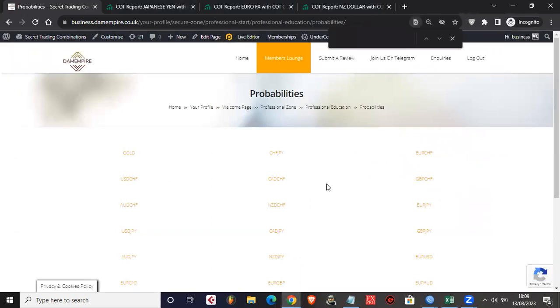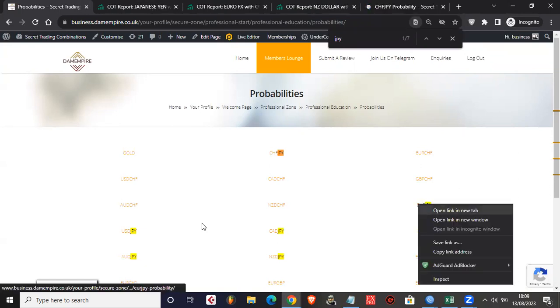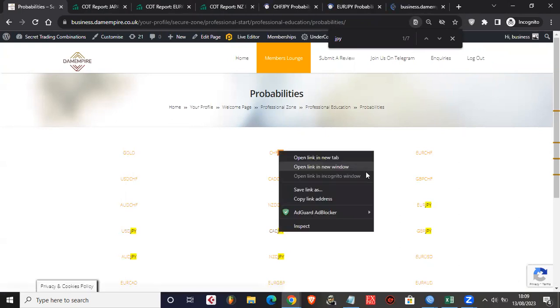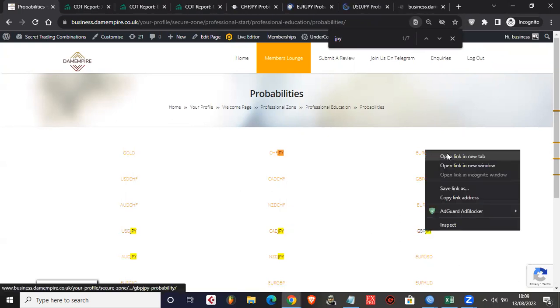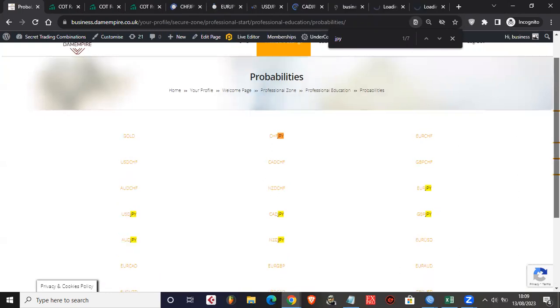So if we do search and we do JPY, we can see all assets aligned with JPY, and you can pick them out one after the other, right? Because we already know the direction JPY is going. So JPY is going long, which means any assets we want to trade against JPY, those assets have to go short. With this strategy, I don't really need to look at the other assets. I just need to focus on just